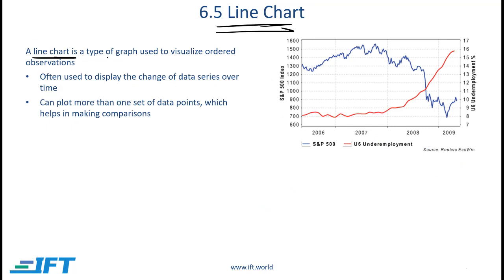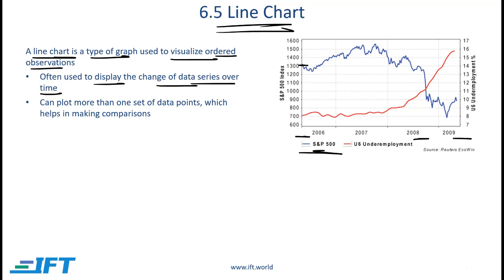A line chart is a type of graph used to visualize ordered observations. This technique is often used to display the change of data series over time. So for example, between 2006 and 2009, we want to look at the S&P 500 index. So this is time series data, and this line graph shows us that at the start of 2006, the S&P was at about 1300. It slowly went up, and here during the financial crisis of 2008, the S&P index came